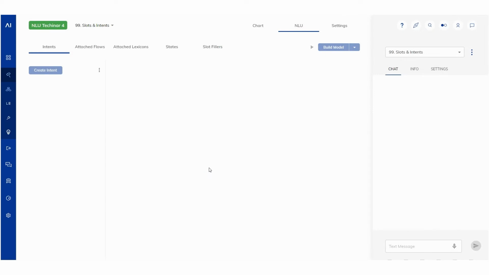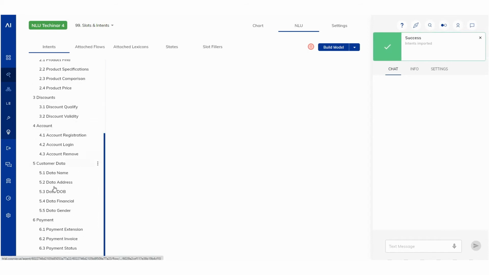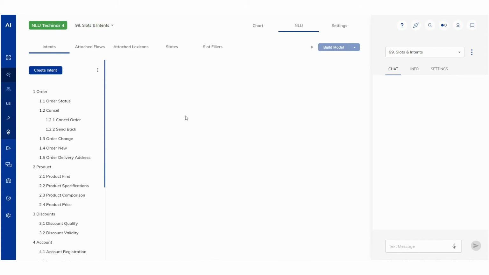So I'm now uploading a set of intents in CSV format. It is not necessary to create all of this in the editor, but you can, of course, create new intents in the editor. I'm waiting for the task to complete, and I now see that we have a very nice hierarchy of intents that is available. The next step is to train the model so that we can play with it. So I'll go to the top right here and hit Build Model. This will take a little while because it will build an extensive model based on all the training data that's available here in this intent hierarchy.